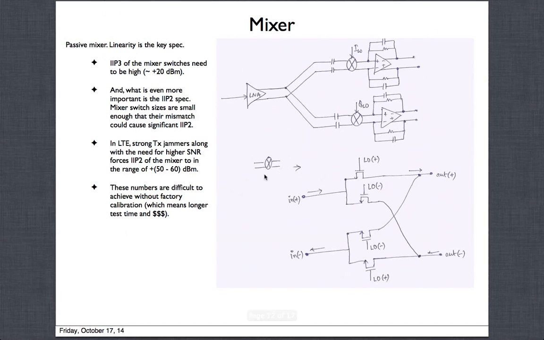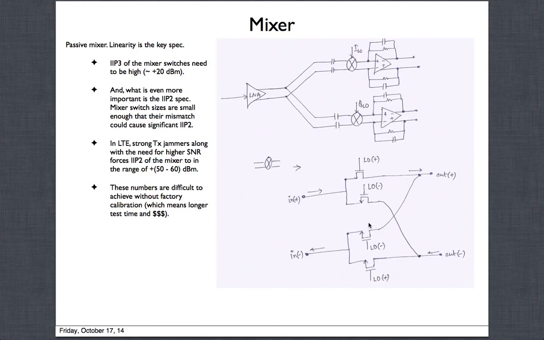Next is the mixer. If you have referred to my other lectures, you must have seen it. We have this LNA that we talked about. The LNA is actually a GM stage which provides a current. It has an LC tuned load at the output, and with that you go into these mixers, which are followed by what we call baseband filters, or low pass filters, to provide some filtering of the jammers. The reason we have two mixers is that we have an I and Q channel.